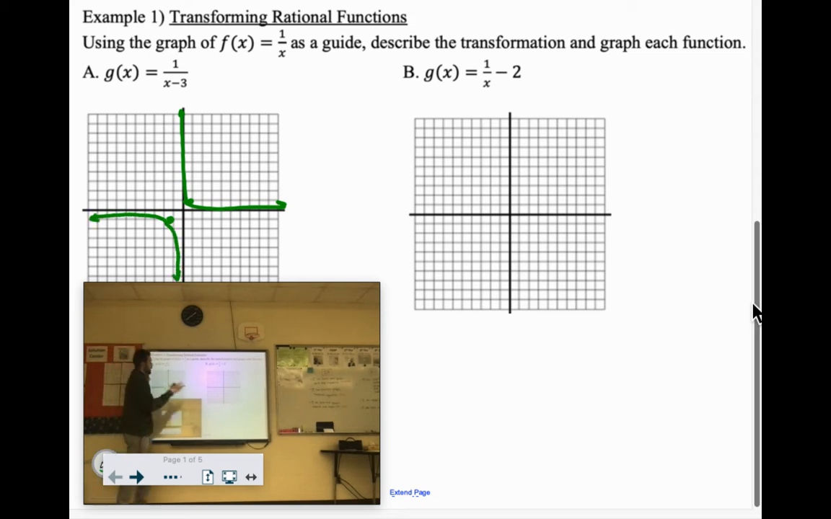Now the only difference between 1 over x and this equation is that this says 1 over x minus 3. So it is a right or left shift of 3. If it is minus, you're actually going to shift it to the right that many units. So there's going to be an asymptote at 3 now. We're just going to take this, copy and paste it 3 to the right. From there, if we went up 1 over 1,